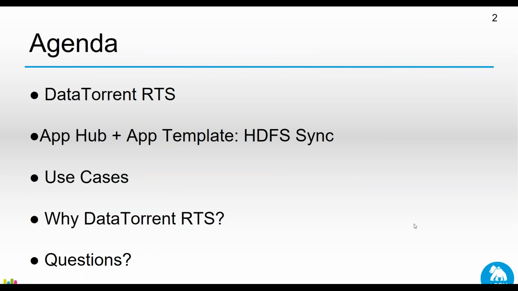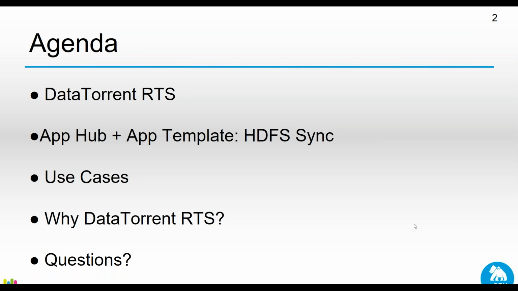So what are we going to see today? We start with an overview of our enterprise platform from DataTorrent called RTS, basically real-time streaming, which is powered by Apache Apex. We'll take a look at the entire overview, what exactly is in there. We talk about this new concept that we've introduced as part of the recent release of RTS 3.6. It's called AppHub, basically an application hub. And then we look at this particular app template, HDFS sync, from source HDFS to destination,